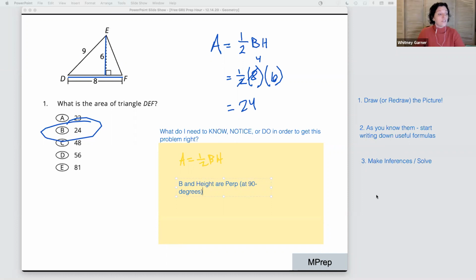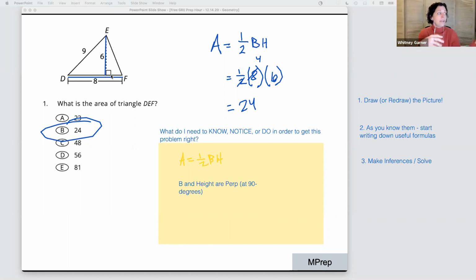And you might even need to remind yourself that that little box symbol in the bottom corner means 90 degrees. So whatever information you needed to be able to answer this question, that's what goes on the back. Okay? So the front of my flashcards essentially never has a simple rule on them, ever. The fronts of my flashcards have some portion of a problem on them that signal me to think about certain